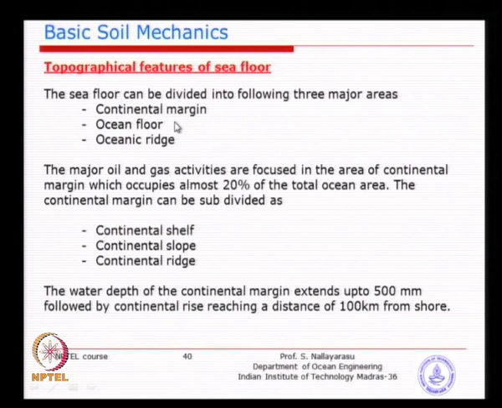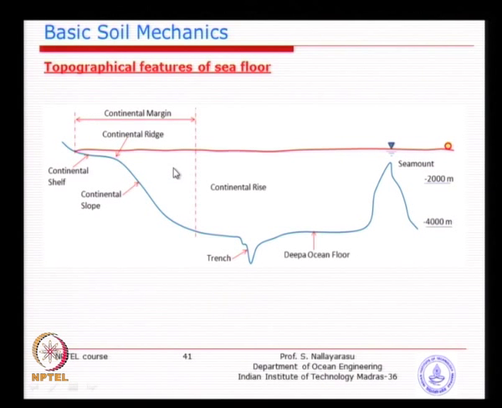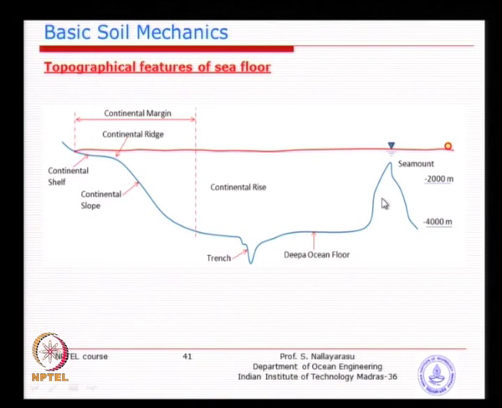Beyond the continental margin, the ocean floor is quite far. Sometimes you will have an oceanic ridge, something like this, at a shallow depth but not protruding out of the water. If it protrudes outside, it becomes an island. That is what you see in the middle of the ocean; a small island is basically a ridge coming out. Depending on the location, the nature of the marine deposits will differ. At least the recent deposits, the last 10 to 15 meters, could be different.